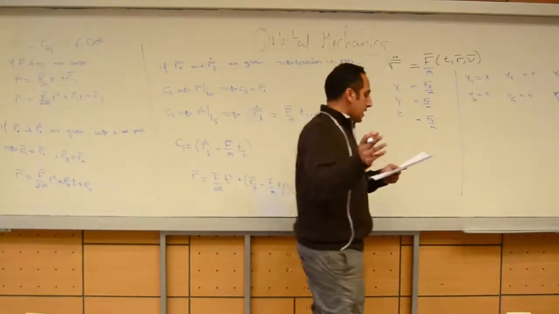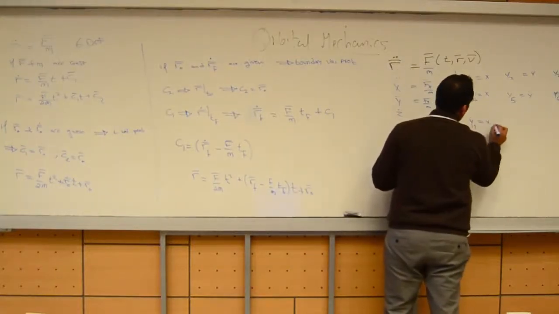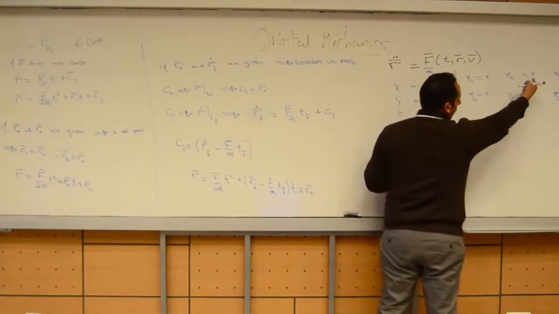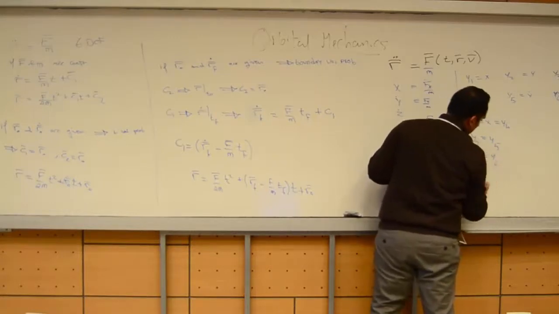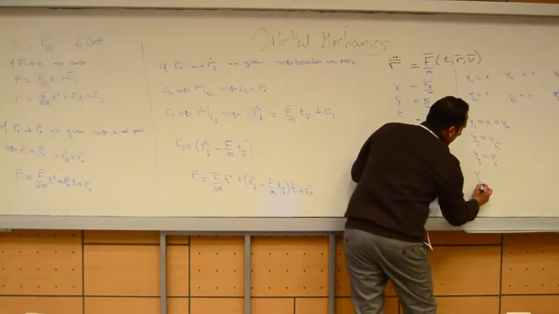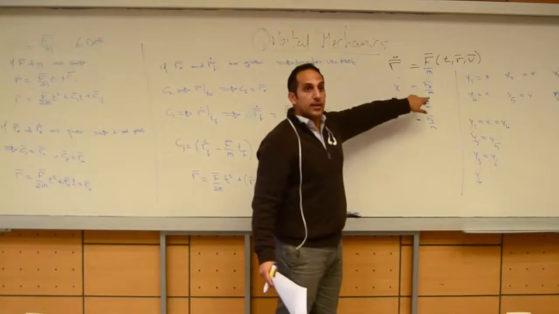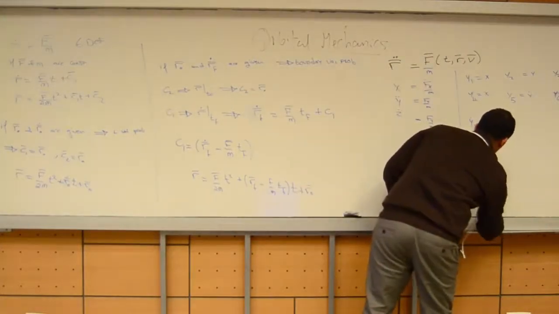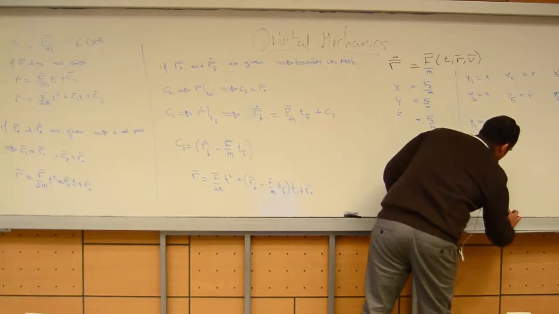Okay? Right. And then I can take the derivative of that and I say, okay, y1 dot is equal to x dot, which is equal to y4. Okay? And y2 dot is equal to y dot is equal to y5. And y3 dot is equal to y6, okay? And then y4 dot is equal to x double dot, which is equal to Fx over m, okay? Fx over m, and y5 dot is equal to Fy over m, and y6 dot is equal to Fz